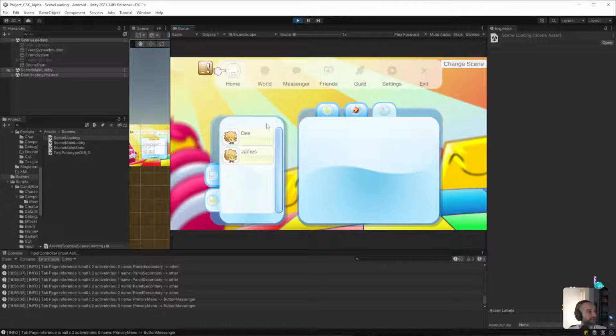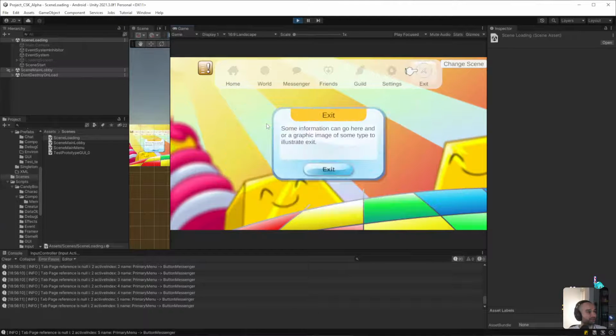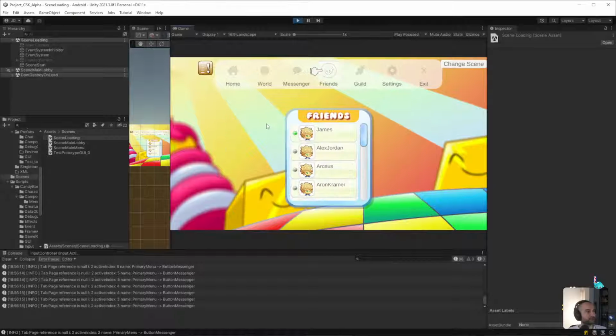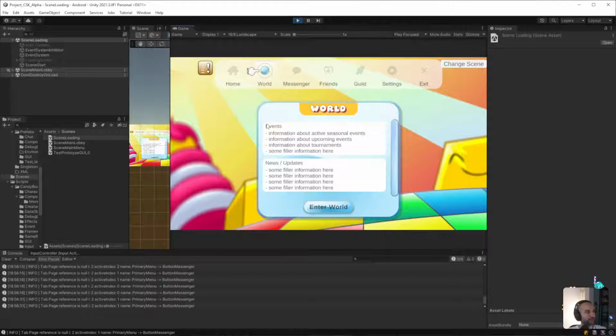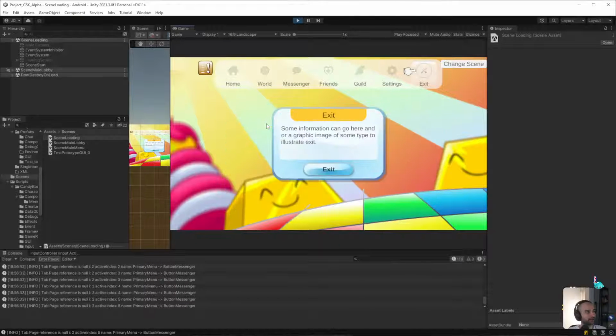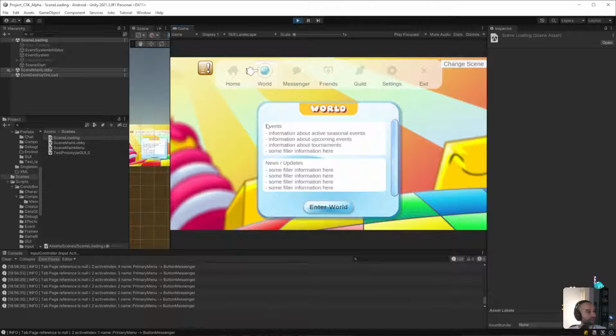The next step, I do need to test this on a mobile device. I don't think I'm going to do an Android build just yet to test on a mobile device, or maybe I could. I think maybe I could do a quick build. I might just do that. Okay, so the next thing I want to do is,